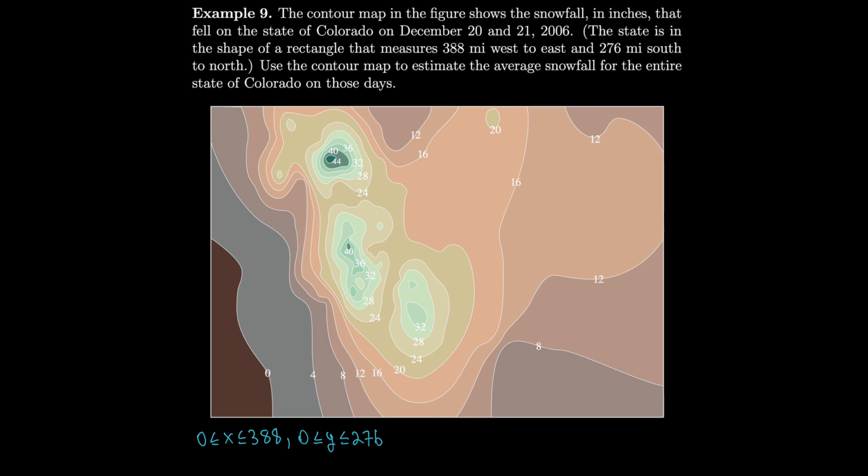Then I need the average value of my function, and as we said, that's 1 over the area of this rectangle times the double integral over R of f of x y dA. Notice the area of this rectangle is the 388 miles west to east times the 276 miles south to north, so that's